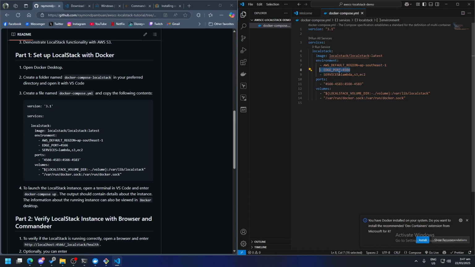You have the edge port. The edge port is the local port that you will use in your device. If you're not familiar with ports, that is a networking topic and out of scope for our discussion, but just an introduction: our local device has a lot of ports. Some have specific purposes, such as port 22 for SSH, I believe. Let's just search